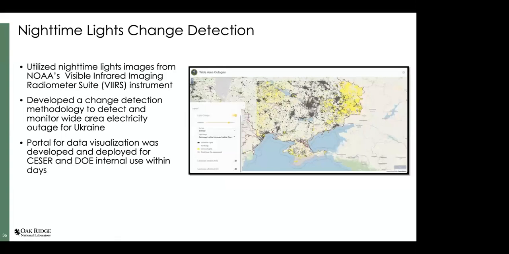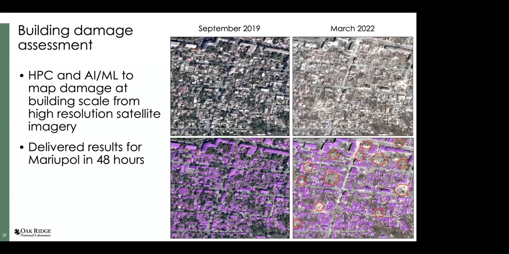We did a nighttime light change detection very, very quickly, doing a differencing between the data streams on entire Ukraine, because lights are a good proxy for where you have energy and where you don't. And sometimes it's not the electric grid, sometimes it's generators, but you can also tell which one is coming from the grid and which one is coming from the generator, because it goes up and down. So this is another example of informatics working for this.